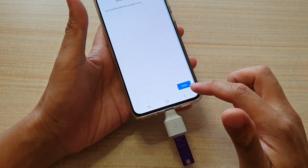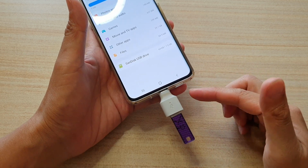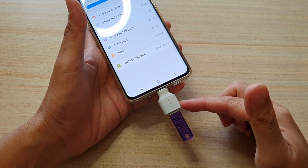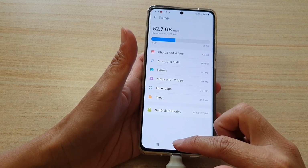Once it is formatted, it is ready for you to use. You can either use it to transfer files over or use it as a backup drive, and that's it. Finally, you can tap on the home key to go back to your home